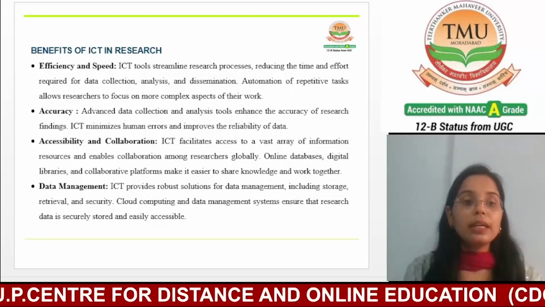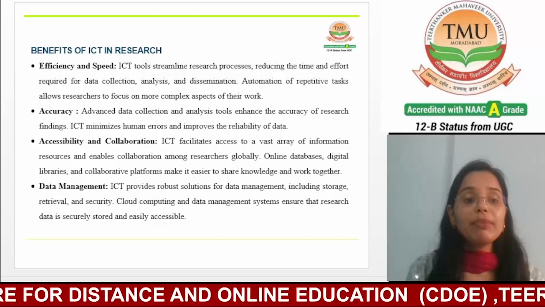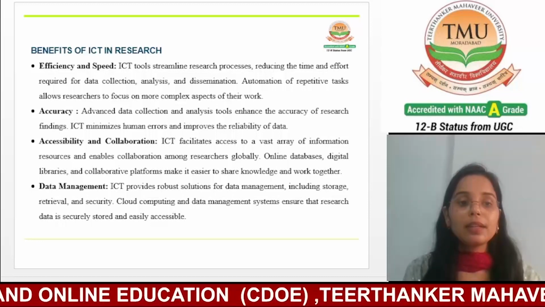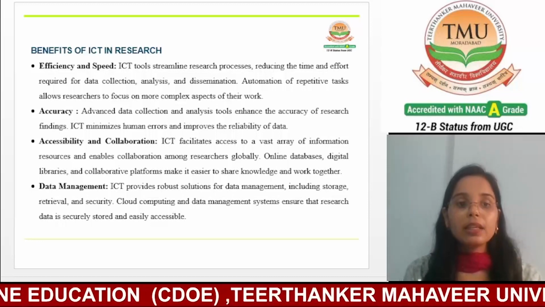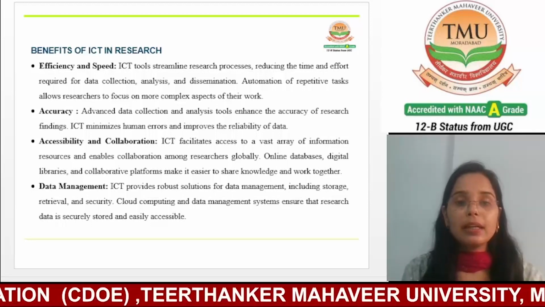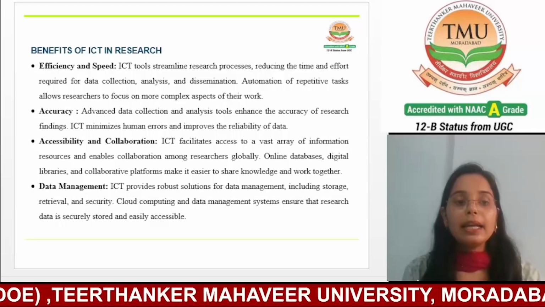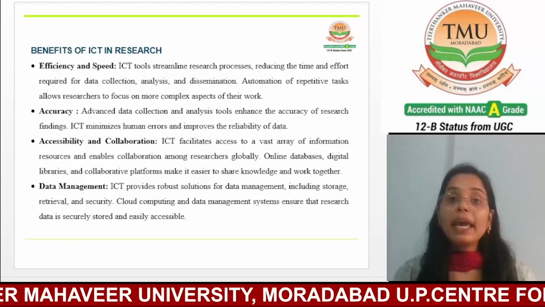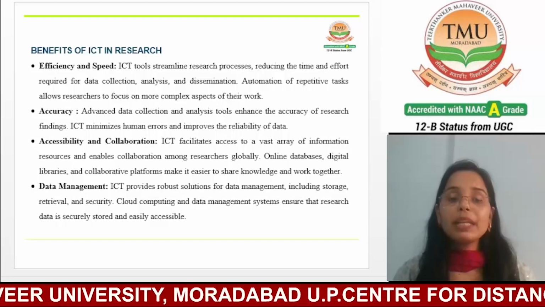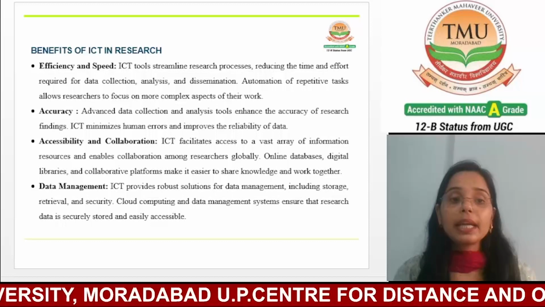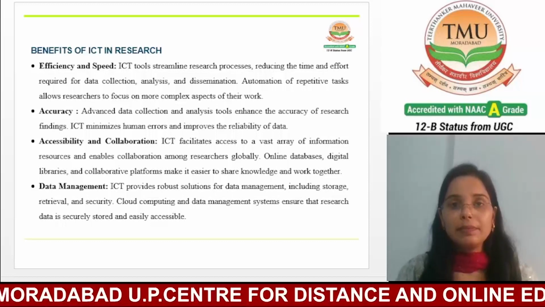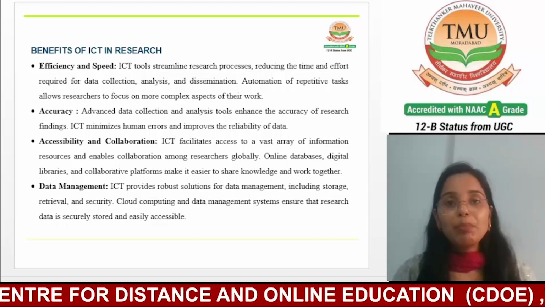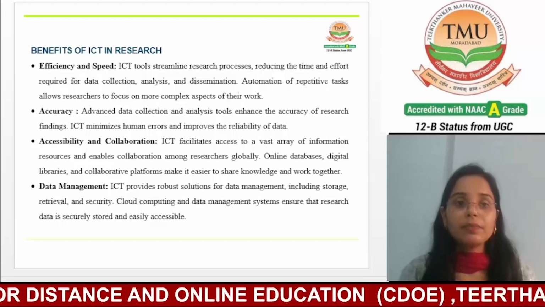That means ICT tools have simplified data management, making it easier to store, organize, and retrieve data. Digital databases and cloud storage allow researchers to access data from anywhere, while data management software helps to categorize and analyze the data. So with the help of ICT tools, data can be managed easily and effectively.